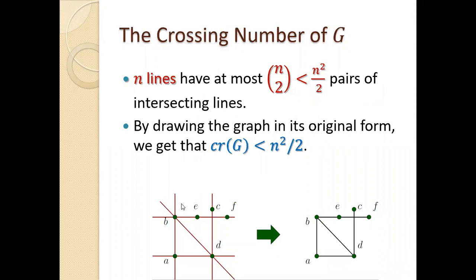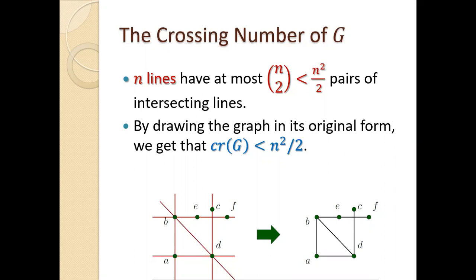The point is we just, by basic property of how lines behave, we got to the conclusion that you can draw our graph with less than this number of intersections. What other way do we have of getting some information about the crossing number of the graph? Let's say I want to say something else about the crossing number. What tool can we use? You remember what tool we have that we can actually use here?